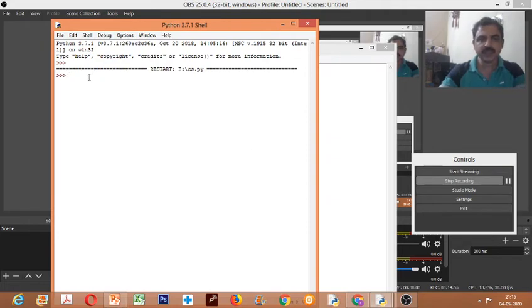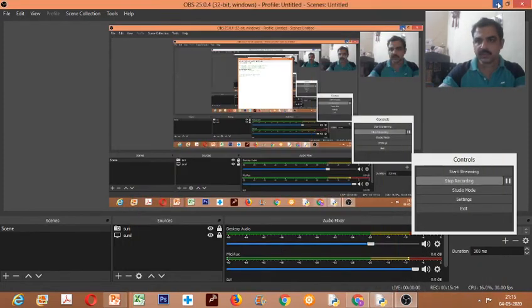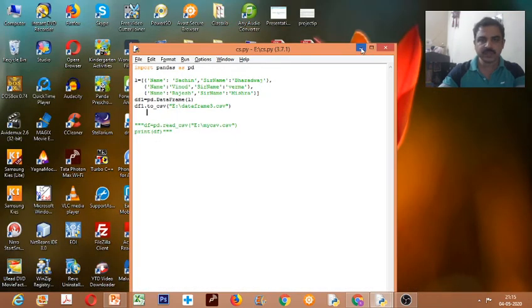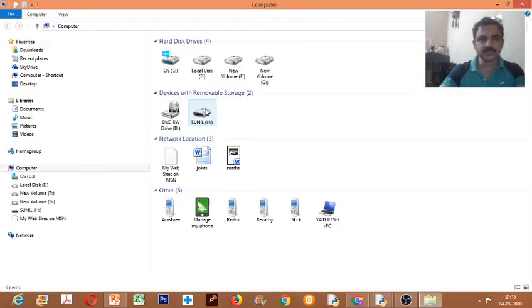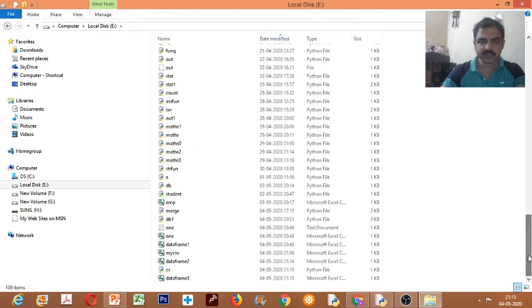Okay, you just got the command prompt. Now actually we are not displaying anything here. So actually the data frame is created and you are transferring it into a CSV file. So we need to see in the E drive whether any file contains data frame 3.csv. Okay, so we'll go to the E drive and check. So in the E drive, check any CSV file. So there is a file called data frame 3.